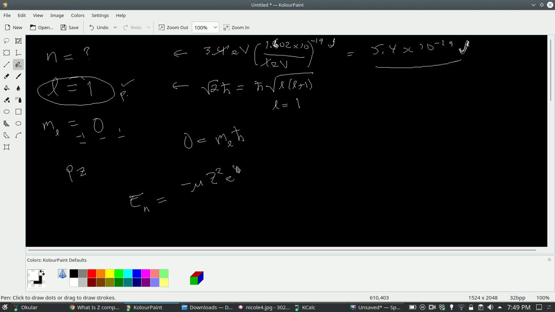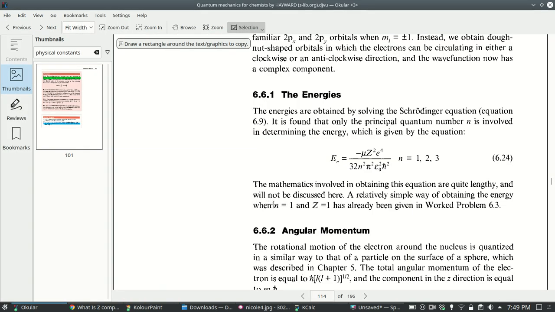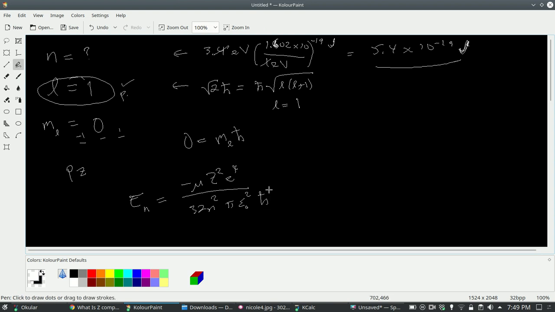Z squared e to the 4th over 32n squared pi squared epsilon naught squared h bar squared. H bar squared? Yes, h bar squared. Okay. So I'm going to solve this equation for the n. All right. So that lets me switch places between the n and the e. So I get this